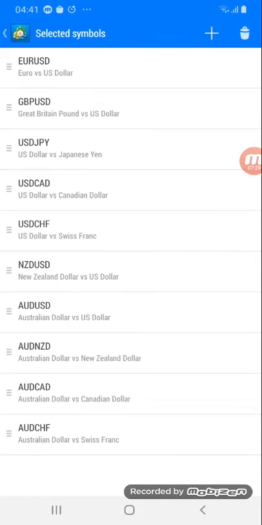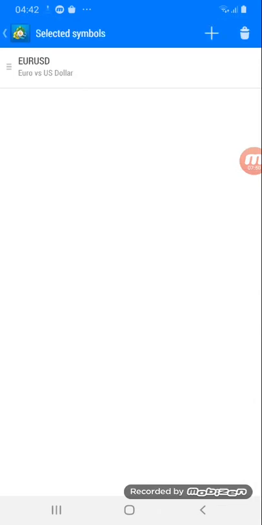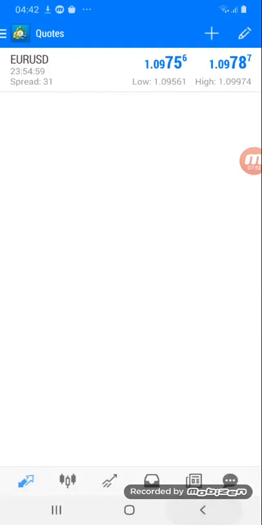Okay, so what is next? You click on the top right, you see a little icon that looks like a dustbin. You click on it, and then you highlight all the other currency pairs. You highlight them, then you click on the dustbin again, and then they are all removed. All right, then you go back,